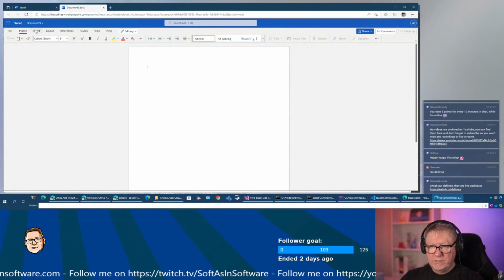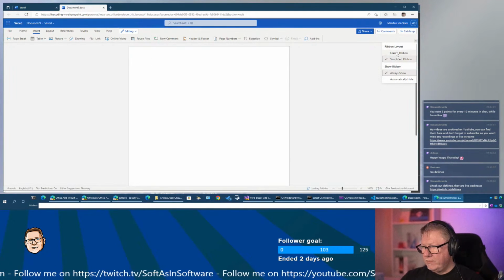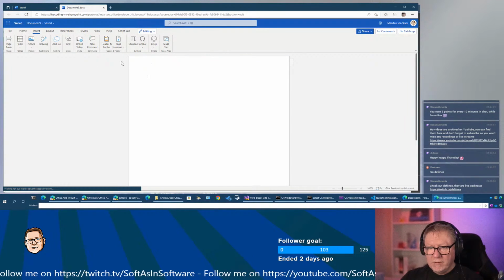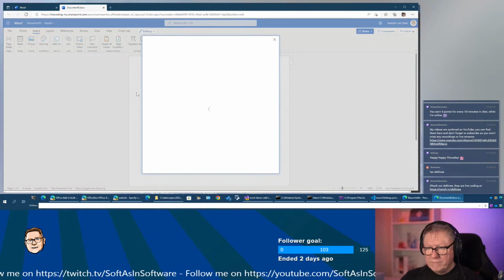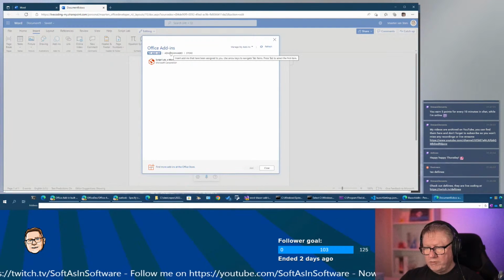Now, insert. I really don't like these new ribbons. I want a classic ribbon. Add-ins. This should give us the option to